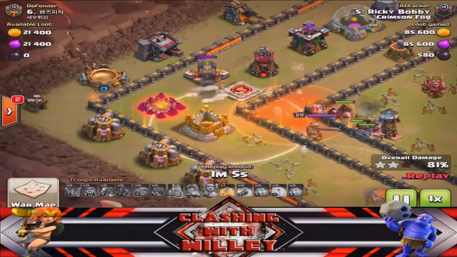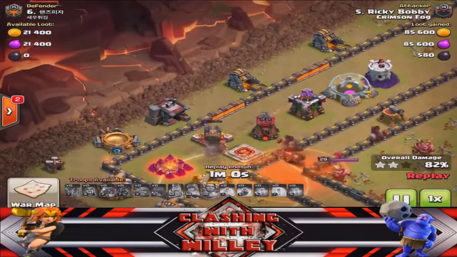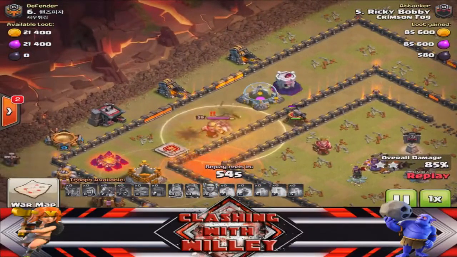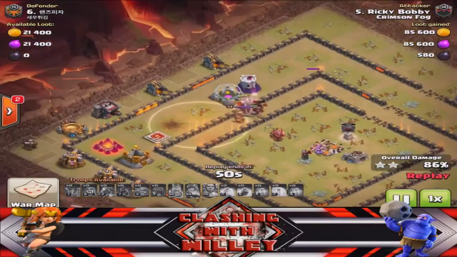The poison spell is going to slow that king down, so he's not getting quite as much damage onto the Hog Riders as it kind of follows them around. Not a super high level king anyway, so not too much to worry about. Hog Riders are going to get through that sweeper, and then move on to the Wizard Tower, which is the